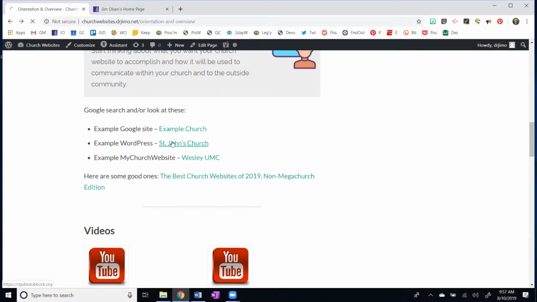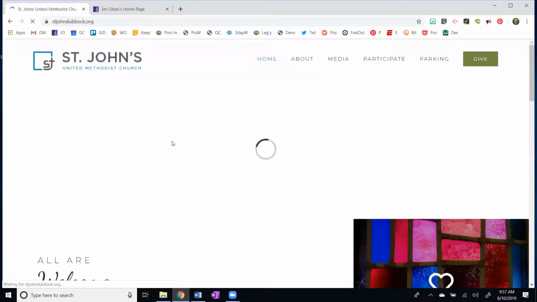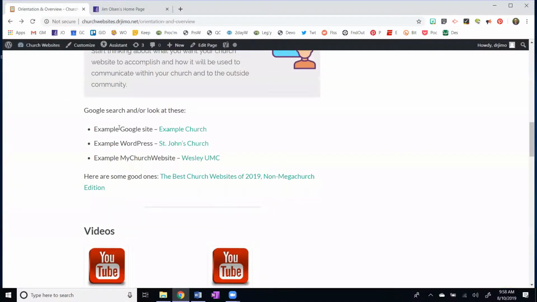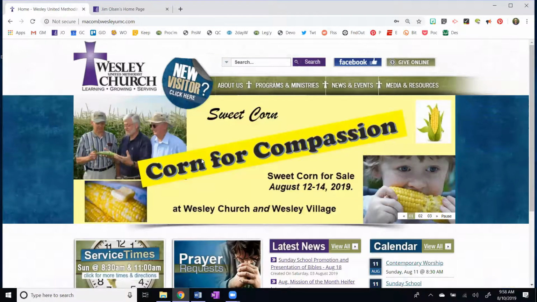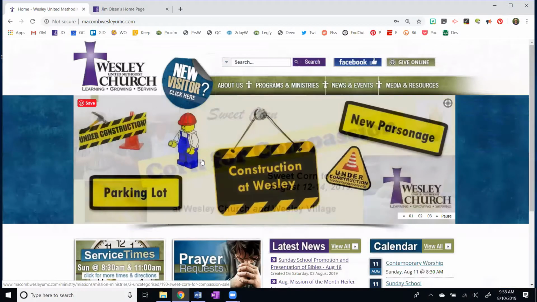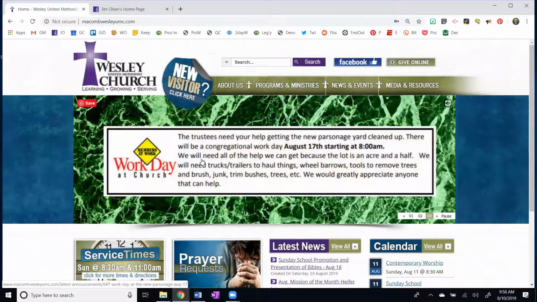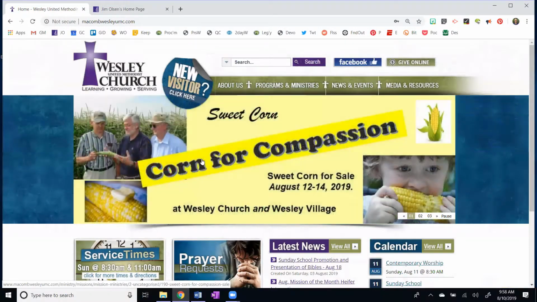Here is a website, St. John's Church, that was made with WordPress. I'm going to be demonstrating WordPress today. And then here's the Wesley Church website that we have. And this is provided to us, so to speak, important comment there, so to speak, by an outside provider. It's pretty expensive. Now, in terms of the content and putting stuff on here, we have to do that at Wesley Church. I am not going to be demonstrating how to do this type of website today.